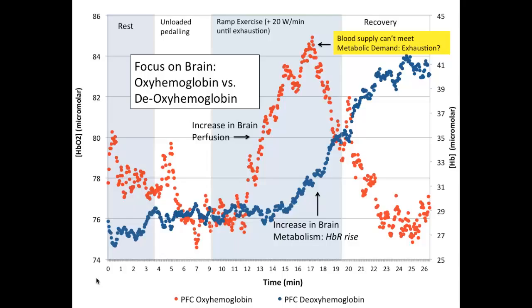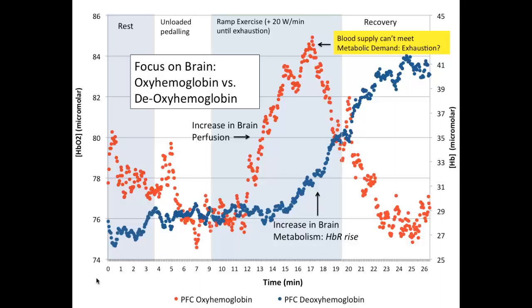This happens to be a time when end-tidal CO2 is going up. Now, here it flips, and it's coming down. But the deoxyhemoglobin continues to go up. And actually, deoxyhemoglobin is persistently elevated. And we're not exactly sure why, but what we think here is that the blood supply can't meet the metabolic demand at this point. So the body thinks it's suffocating, it's increasing the